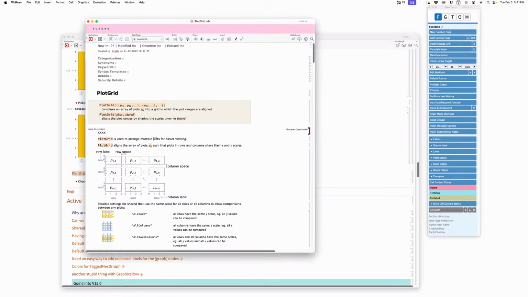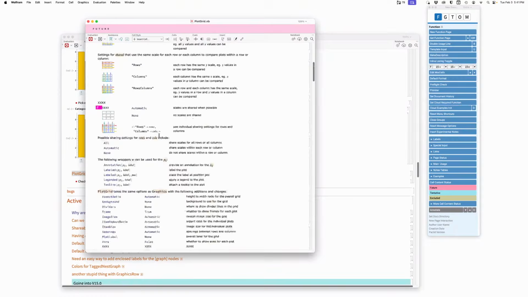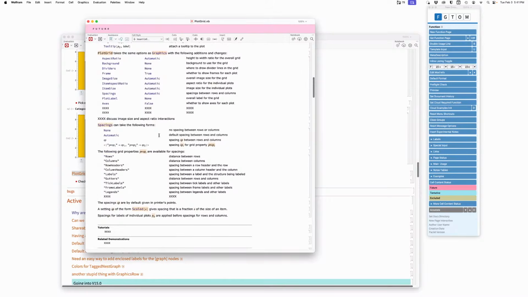So the spacings option for plot grid at the moment we have set up to take an association, so that we can control spacing around different types of elements. Yeah, that would be a nice thing to have for other grid things. Right. And so now if you go down to the options examples,